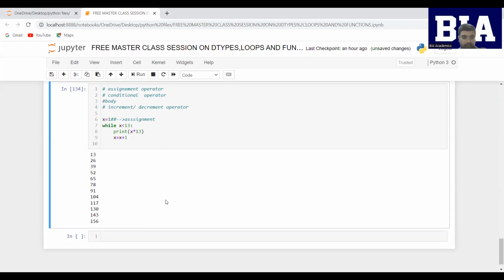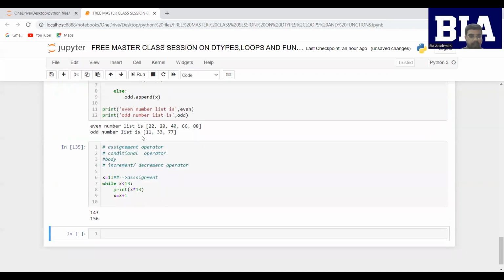Aman, I hope now it is clear. If you understand this assignment, condition, body, and increment and decrement, then it's very easy to understand. Make sure that you understand this. If I give here x is equal to 11 and if I print the same condition there, so मेरे को सिर्फ 11 or 12 or 13 आएगा